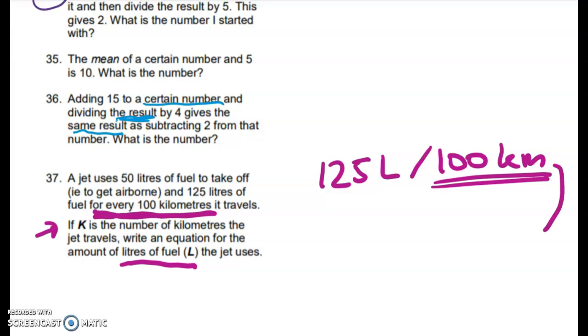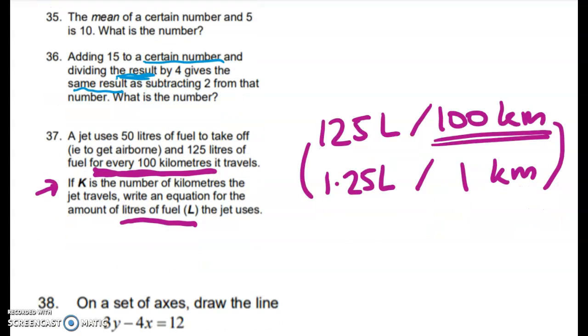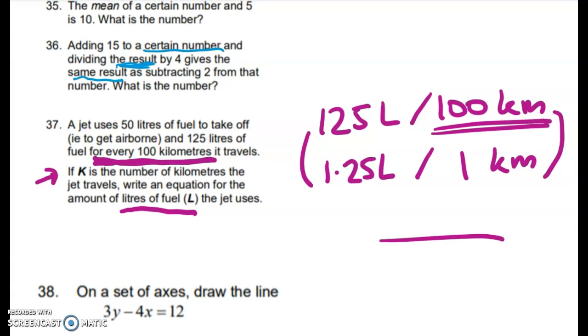So what we have to do first here is to say, well, what's the extra fuel usage per 1 kilometre? It's not 125, it's 1.25 litres. So you could think about doing a table for this if you find it hard, where you say, when we do 0 kilometres, the jet uses 50 litres. When we do 1 kilometre, the jet uses